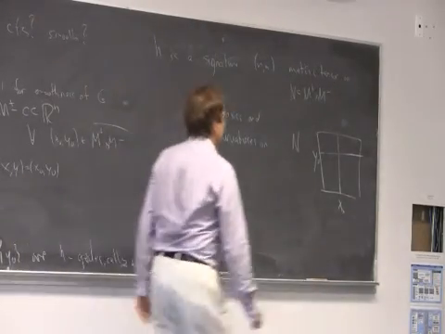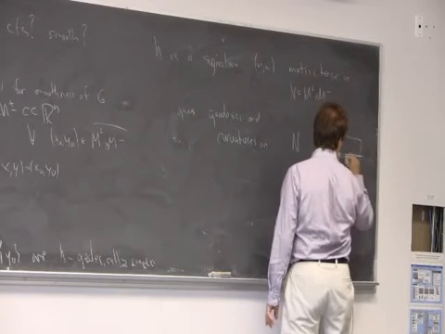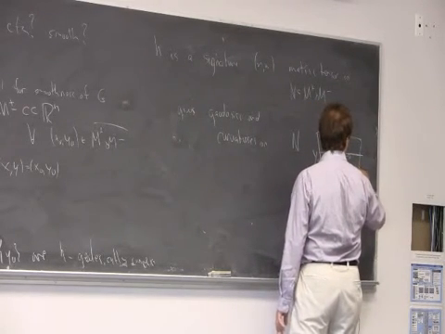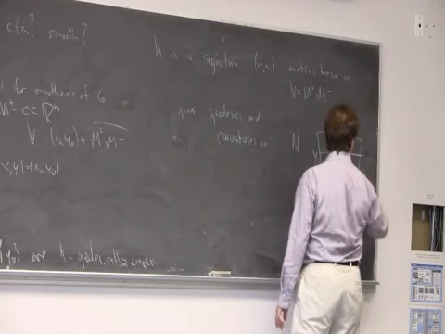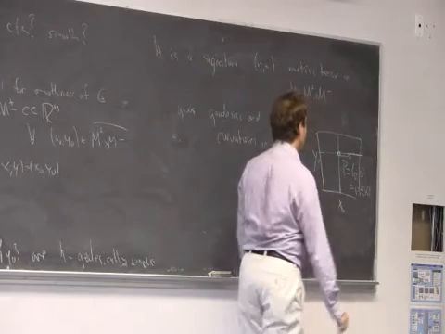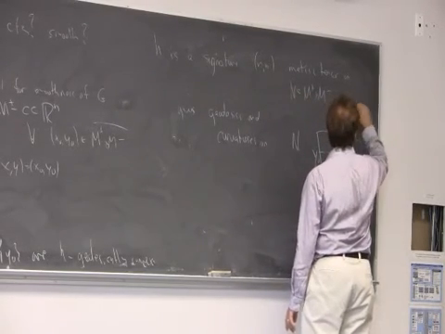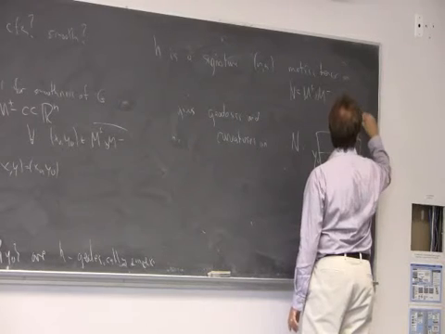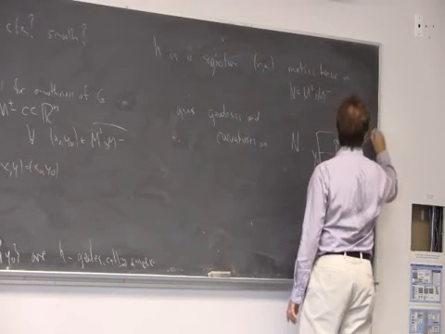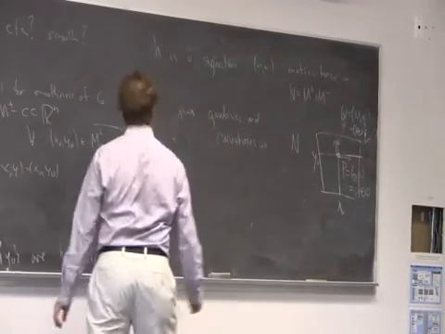And finally, at every x naught, y naught, if I look at a vector p of the form p plus 0, where both of these are n-dimensional, and q of the form 0 plus q, a purely vertical vector, the associated sectional curvature,